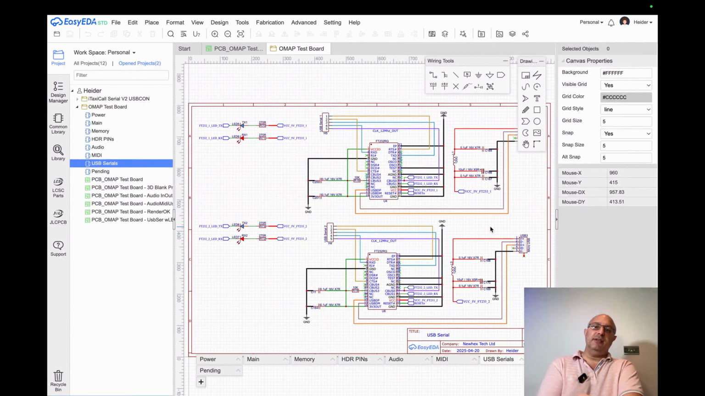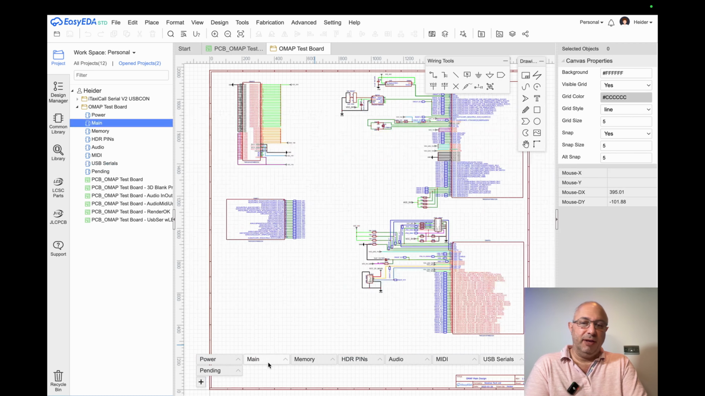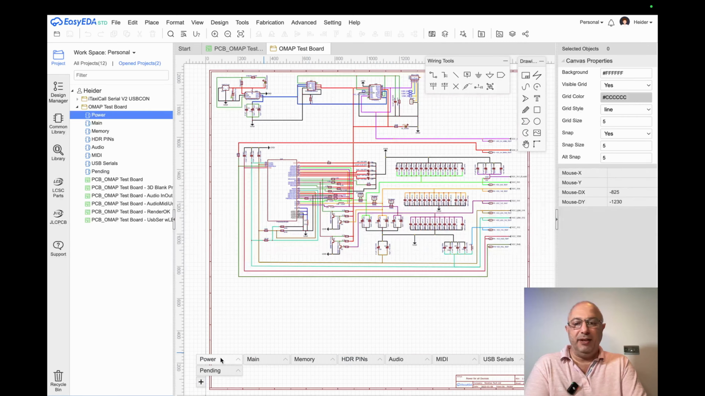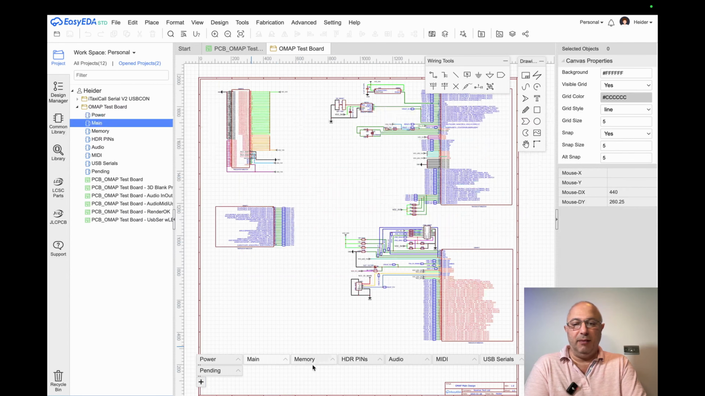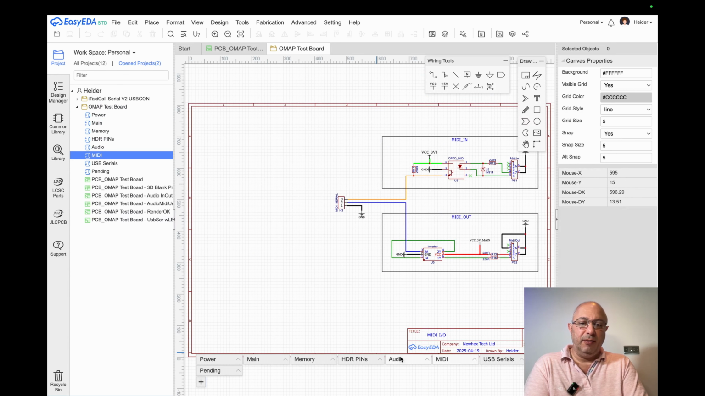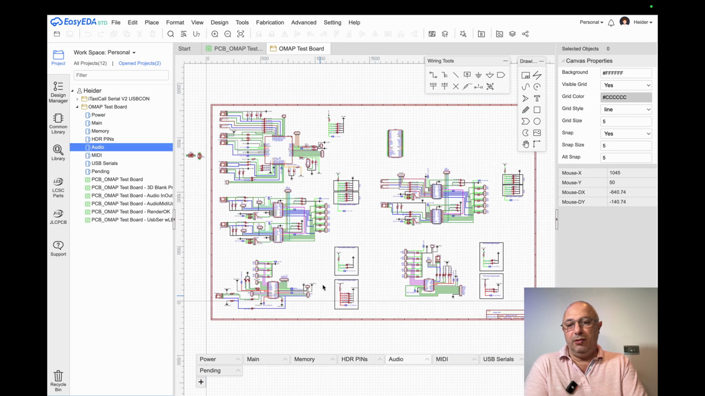So this is EasyEDA. I don't know if you guys have seen it. EasyEDA is a tool I actually use to design my board. So basically, I've got an OMAP design. I've got the pages, the power design, the OMAP, the memory, and whatnot. And so anyway, the issue I have is when you go to the PCB